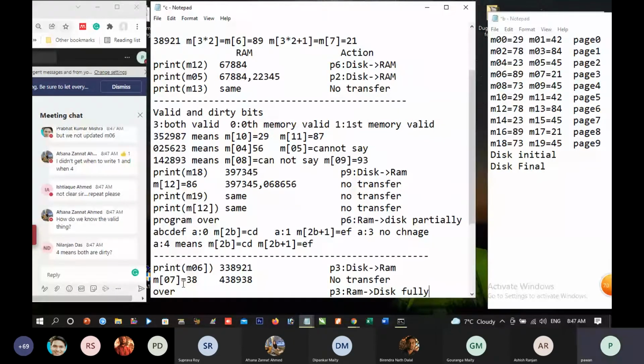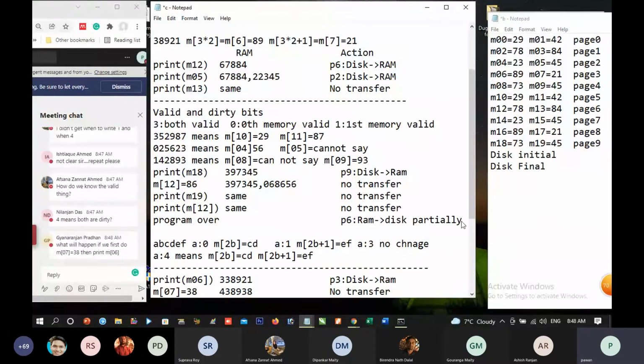Yes, 4 means both are dirty. Technically speaking, both are not dirty, only part of this is dirty. But you see, updating the full page is easy and updating a part is uneasy.